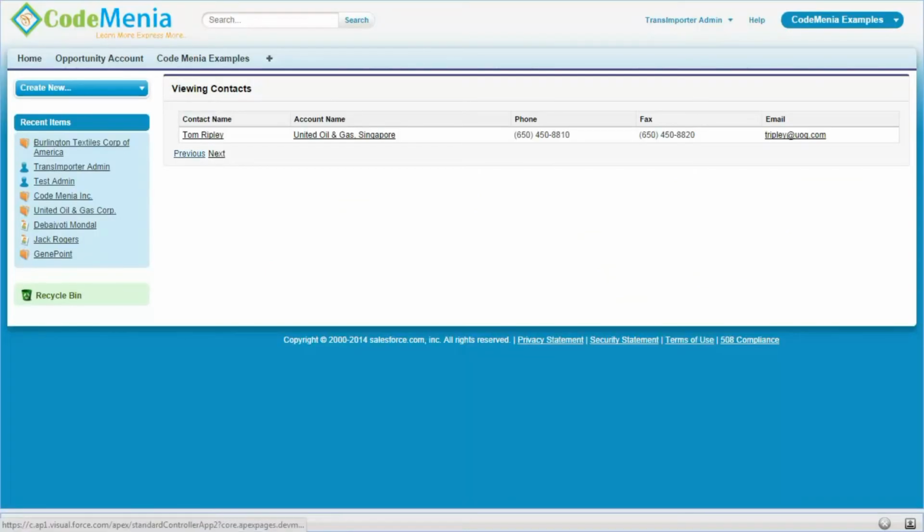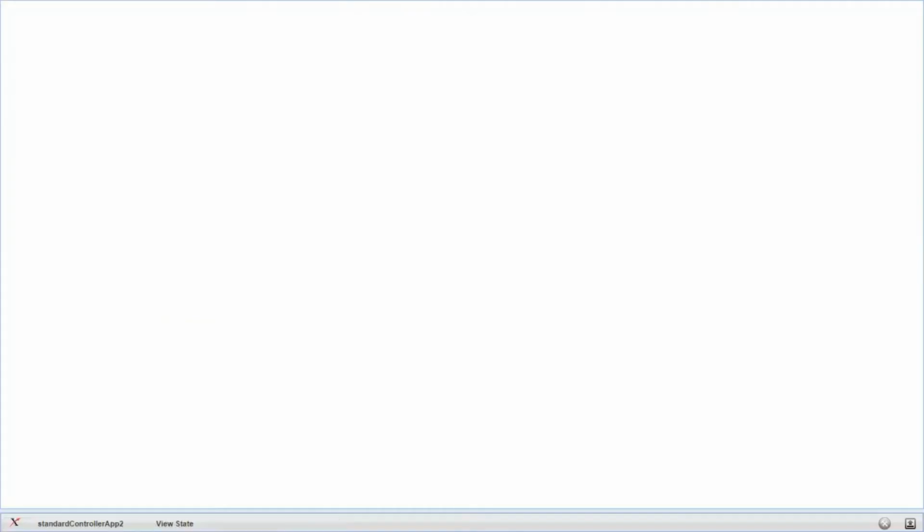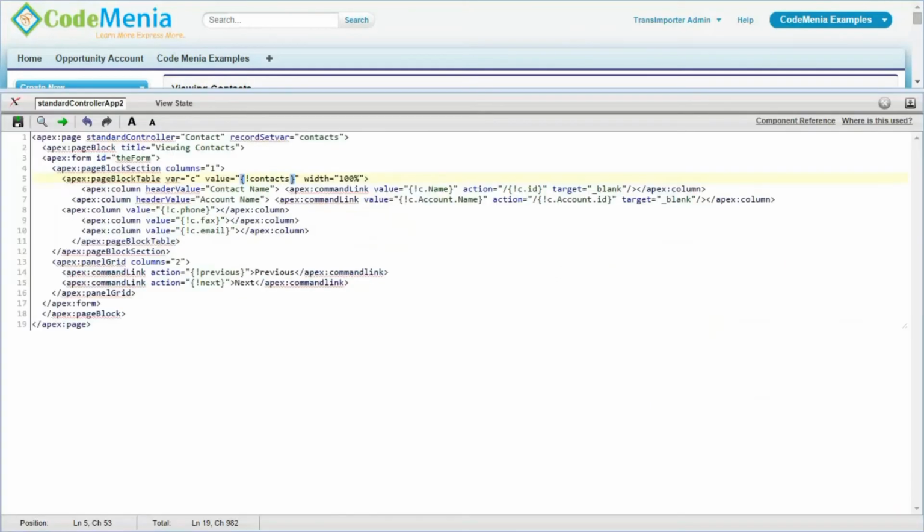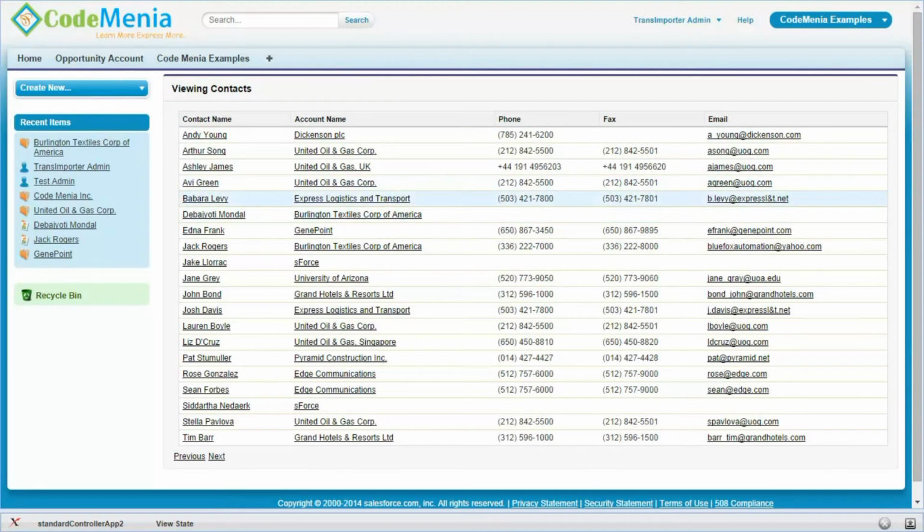So this page will contain only 20 records, and this is the 21st record as we have clicked on the next button, and also clicking on the previous button, it will execute the previous method. So this record set var contains only 20 records for the first page, and if we click on the next page, it will navigate to the next 20 records if the object contains more than 20 records.